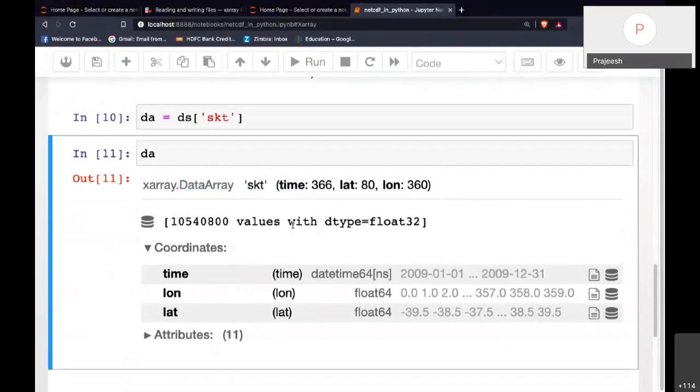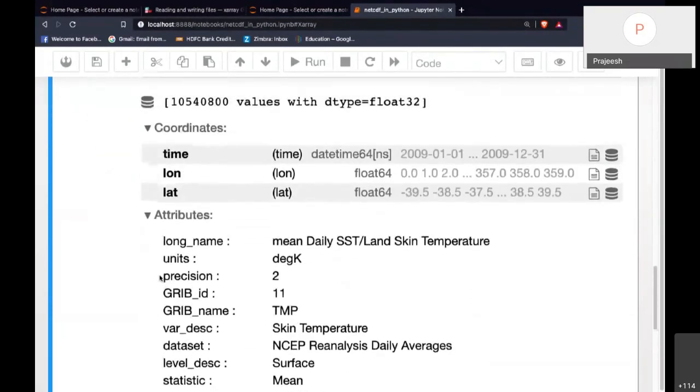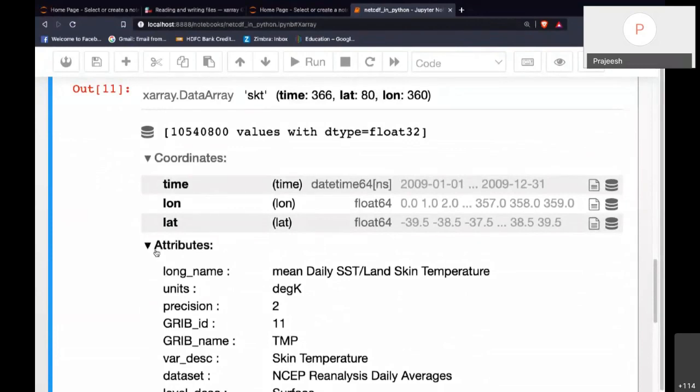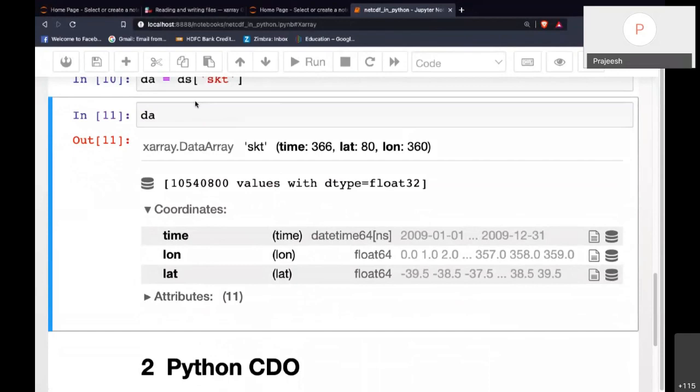The type is given here, and it gives the number of values, the coordinates, and all the attributes of this NetCDF variable. You can also quickly plot and see this data set.